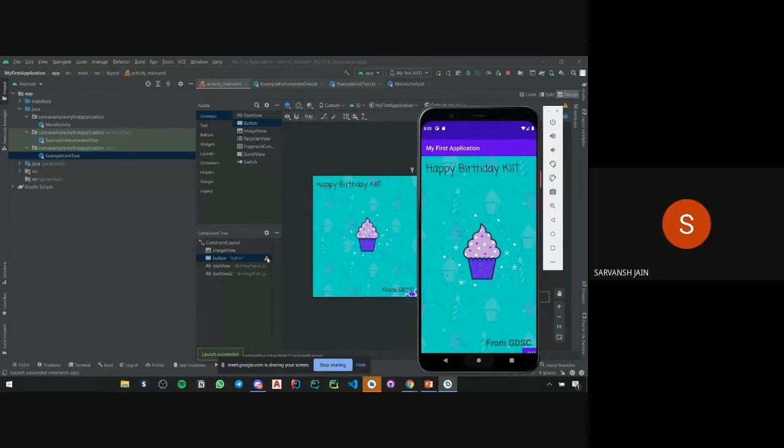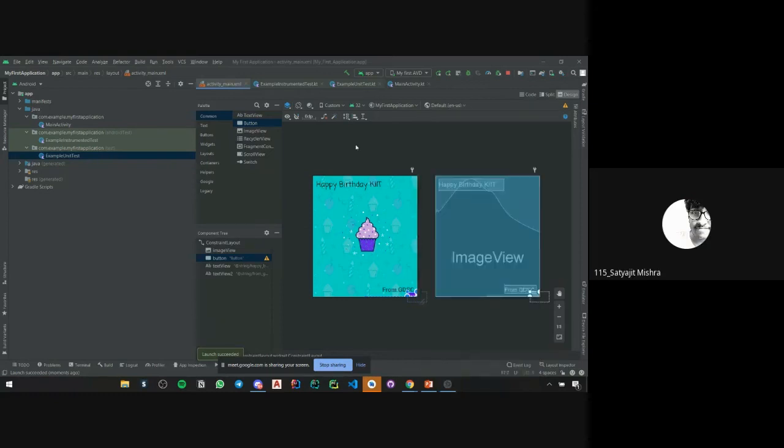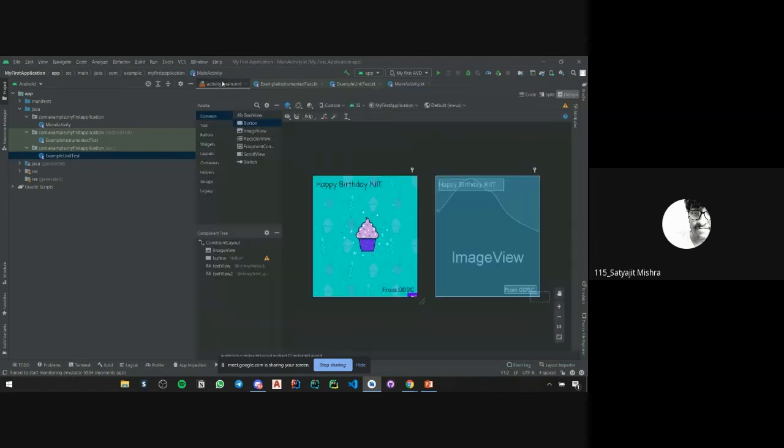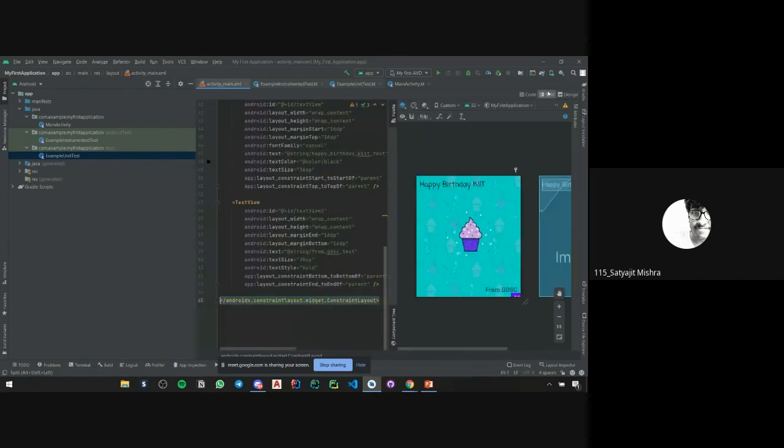Still a button. Go into the code section of this XML. No, activity main.xml. Top right. Design split code. There, go into the button. बॉटम में.